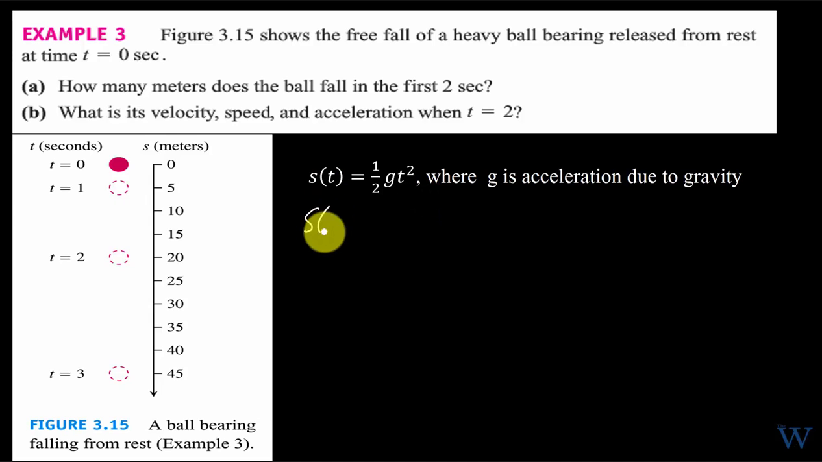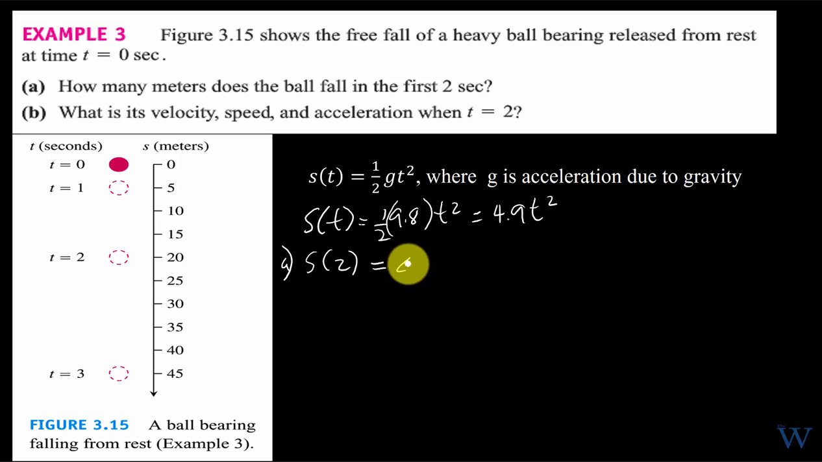We've got s of t would be 1/2 times 9.8 t squared, so that's going to be 4.9 t squared. So s of 2 will answer letter A, and that'll just be 4.9 times 2 squared, which is 4.9 times 4. That's really 9.8 times 2, so it's going to be 19.6